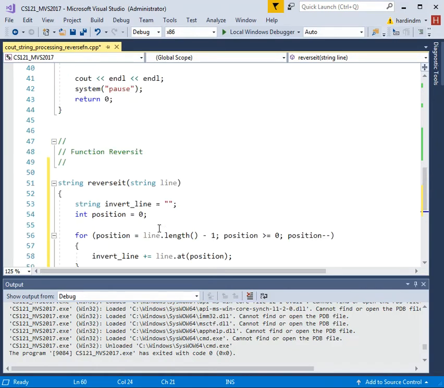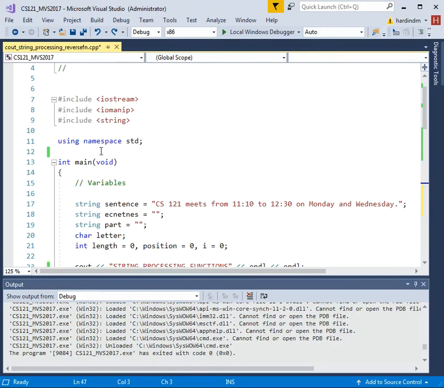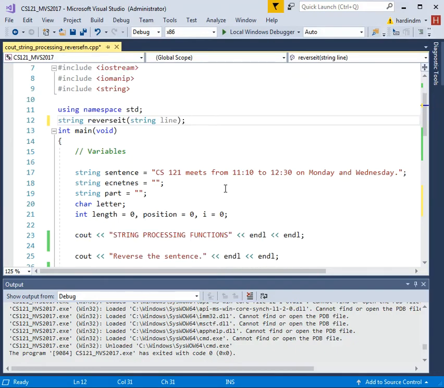Now, in order to use the function, of course, we would need to create a prototype. So I'm going to copy this line at the very top. Let's see. My mouse is being uncooperative. All right, that got it. Copy that. Scroll to the top, and let's drop our prototypes up above our main program, as we know. So let's paste that in and put a semicolon there. Okay, so now we have the prototype, we have the function,